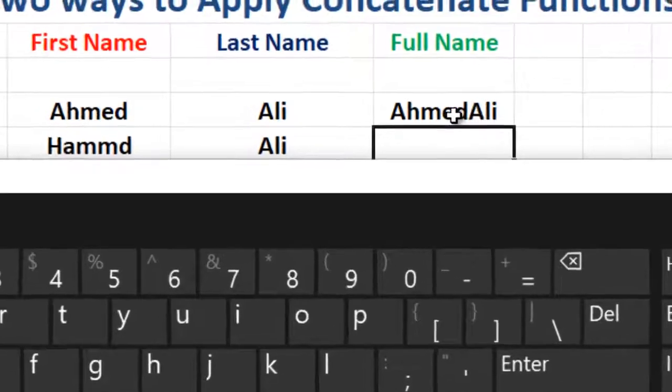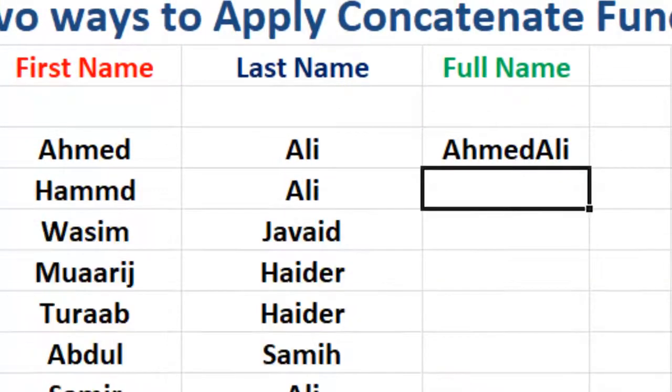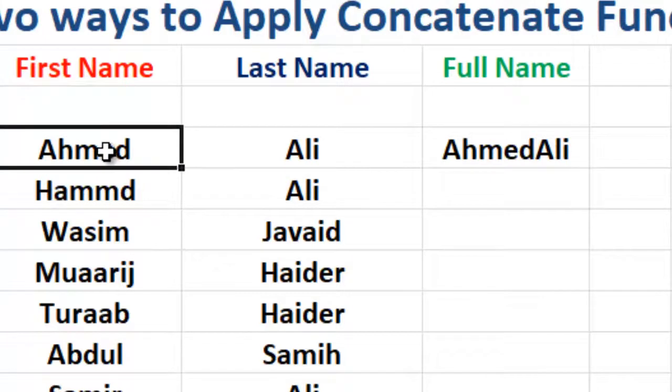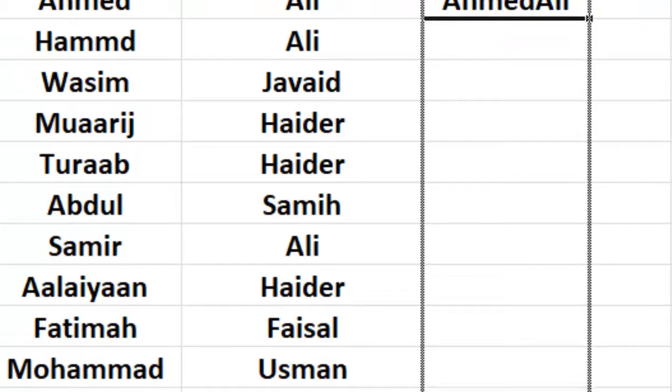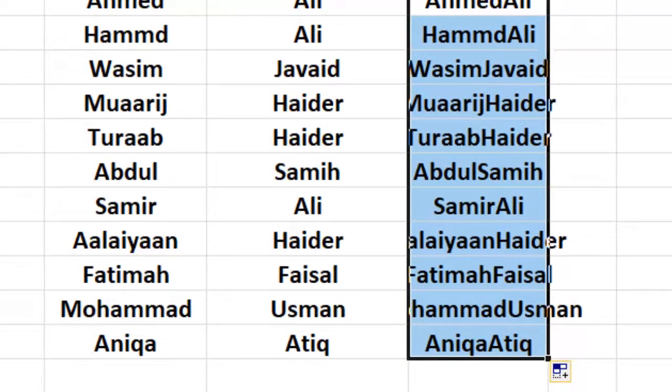Can you see Ahmed Ali is written here? The first name is Ahmed, the second name is Ali. Now I will use the autofill handle to apply the same formula to the rest of the cells. I will go down till here, Anika Atik. Done. Now let me increase the width.